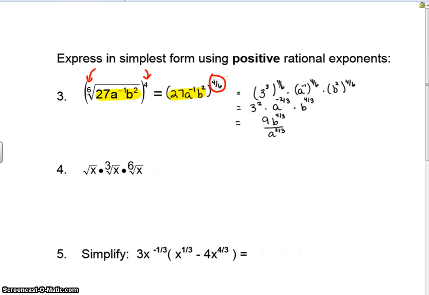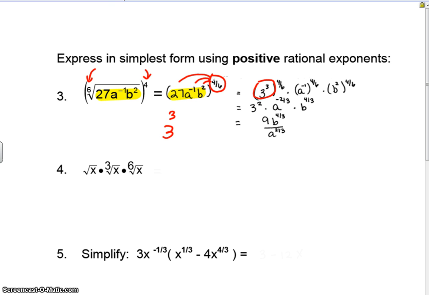And then we're just going to apply the laws of exponents. Since 27 can also be written as 3 cubed, that's where this comes from. And we're going to apply this exponent to every number inside the parentheses. So 3 cubed to the 4/6 power, a to the negative 1 to the 4/6 power, and b squared to